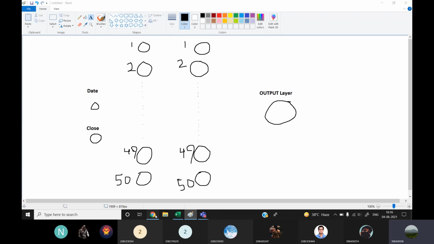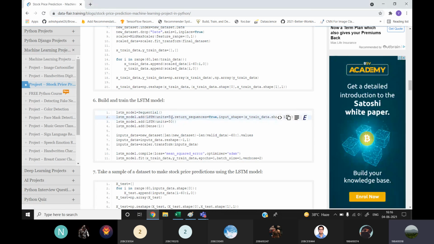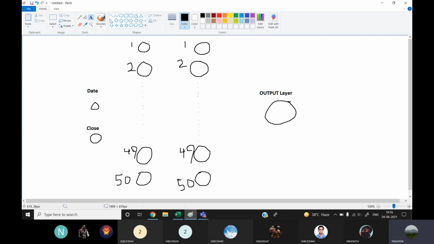Here you can see that lstm.add units is equal to 50. That means there would be 50 such units. I've just drawn 1, 2, and the last one, 50. So this data will be going to all of these till 49 and 50, and this close will also go to all 1, 2 till all the 50 units.